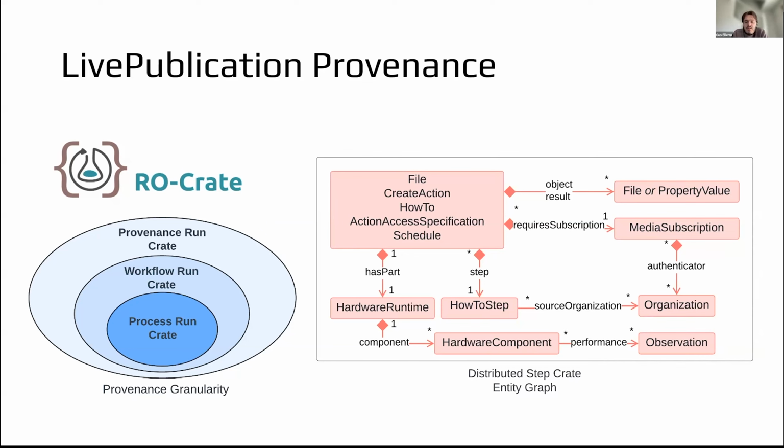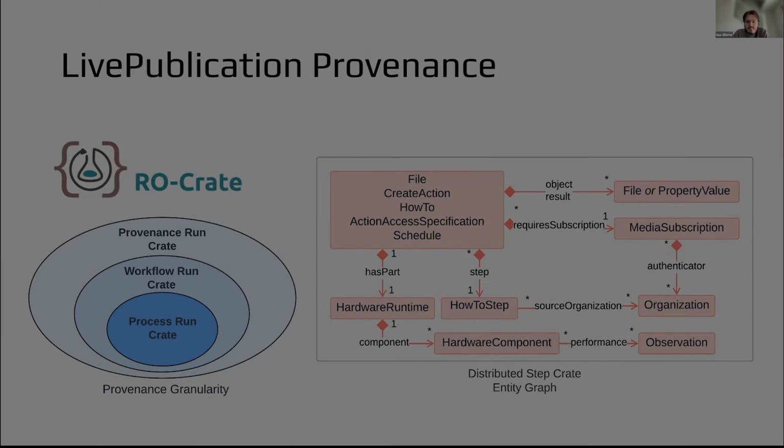And generally, you can think of each distributed step orchestrated in a flow as being responsible for generating its own subset of provenance information. We call that subset of information the distributed step crate, which is on the right, which needs to be encoded at runtime. Once a flow has run to a completion state, these distributed step crates are collected and collated into the final